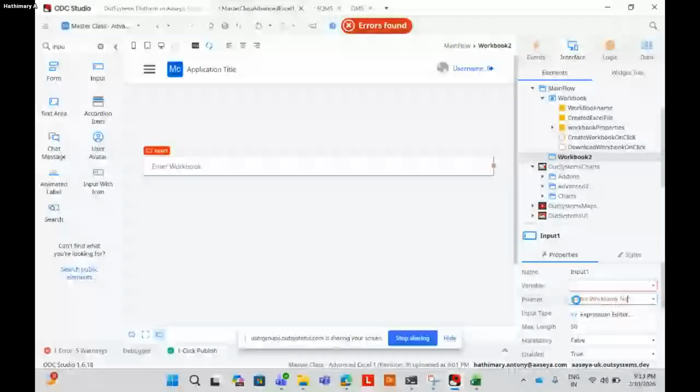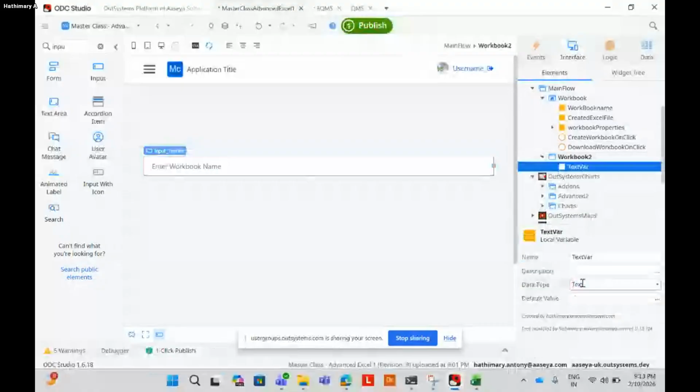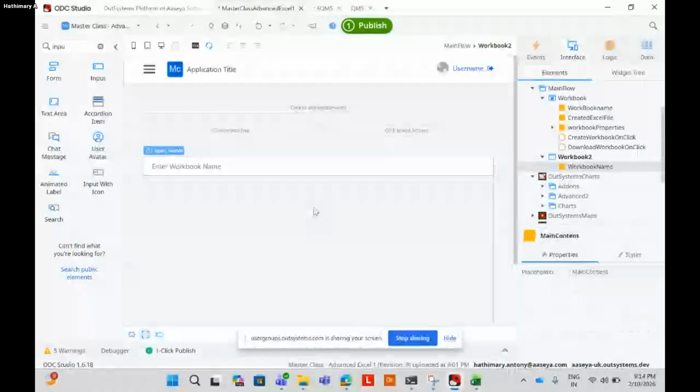In a workbook he can add multiple worksheets.